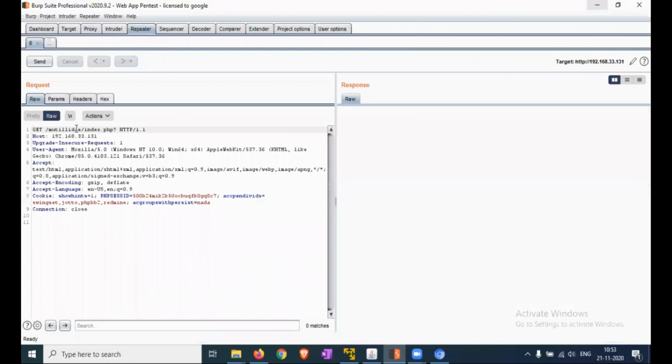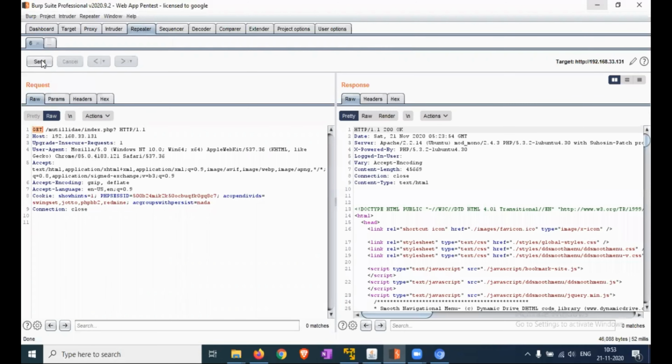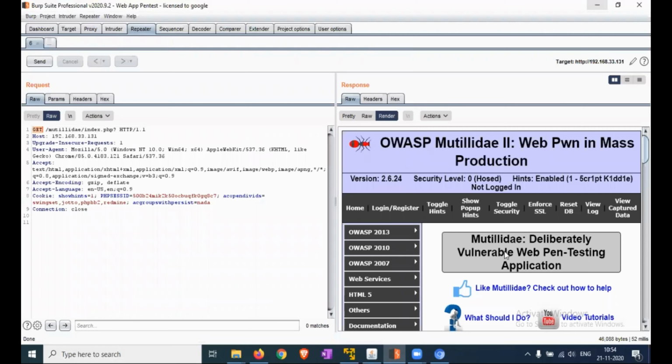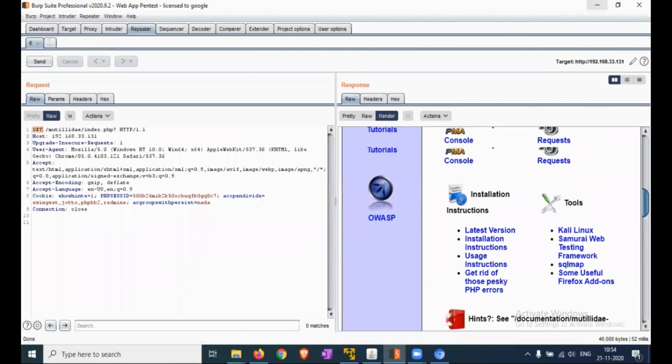In Repeater, you can find the GET request. Just send it, and you can check the response render. Here you can see that the account is not logged in.